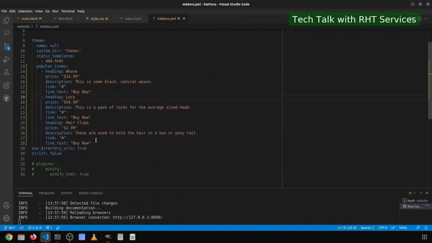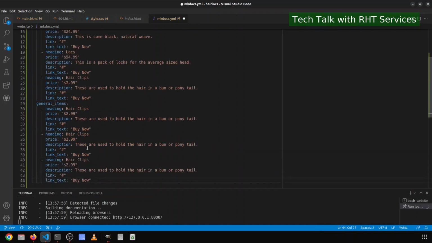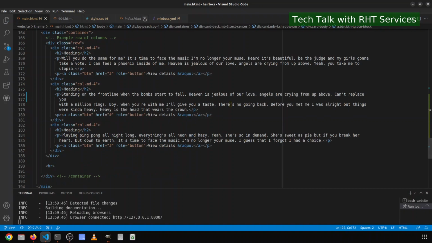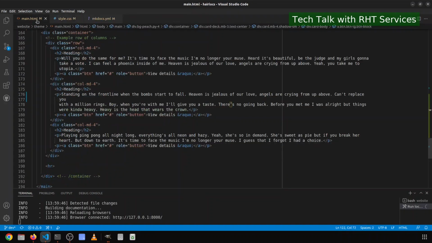And then in the products, in the configuration, I'm going to say general items. All right, and then we'll stick with the same type of values here and we'll copy 1, 2, 3 times, save. And then in the main.css, because I don't need that and I don't need that. In the